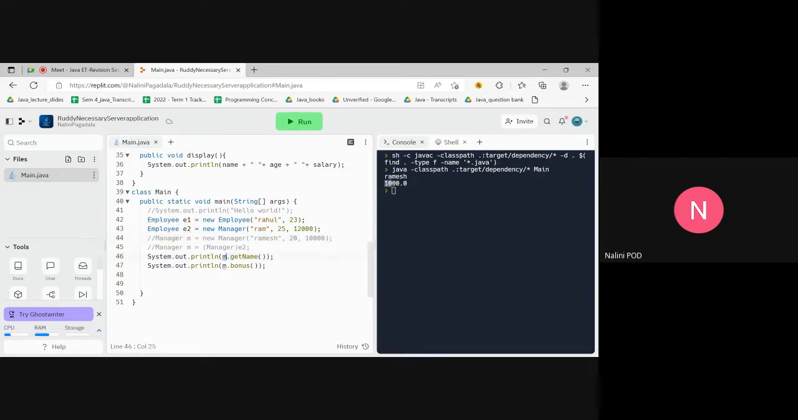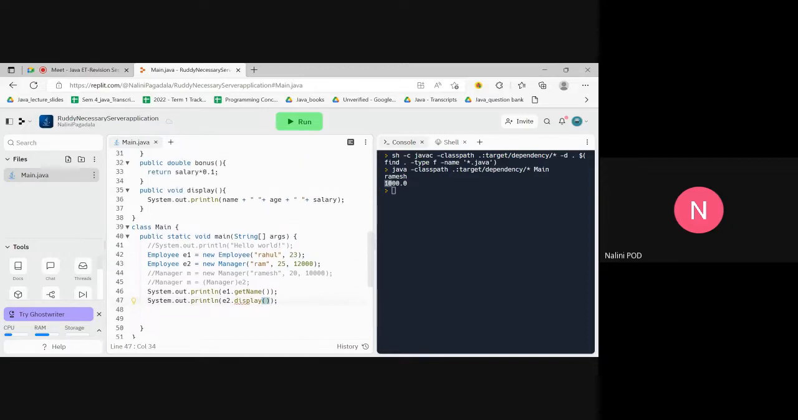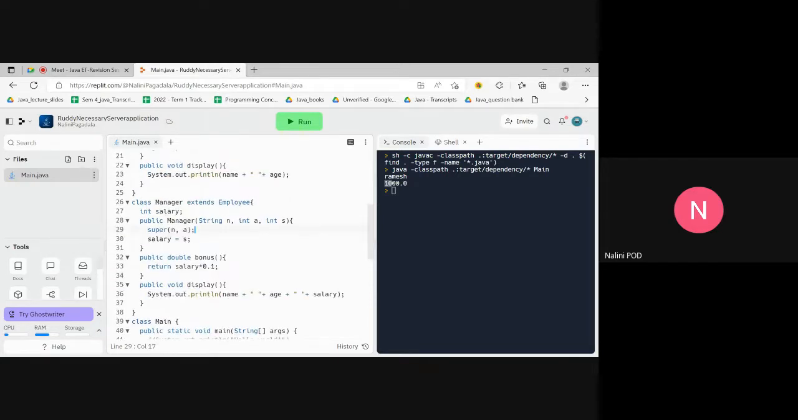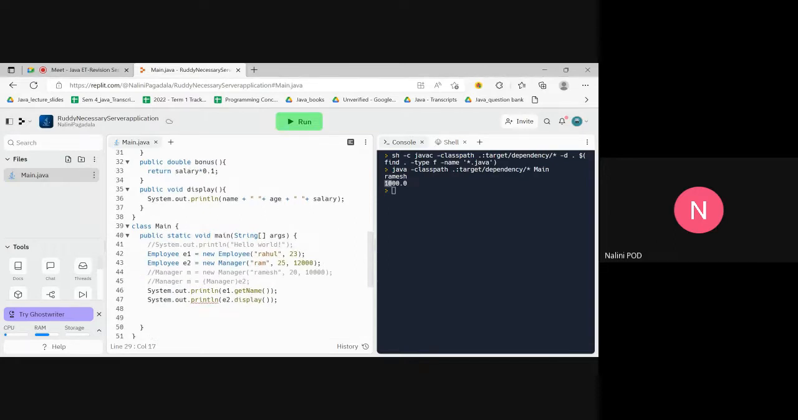Actually, the display method, if it is private, then there won't be any confusion, no? If it is private, e2.display will definitely call the display method from manager. I will remove this private and make it public. Now if you call the display method using e2,